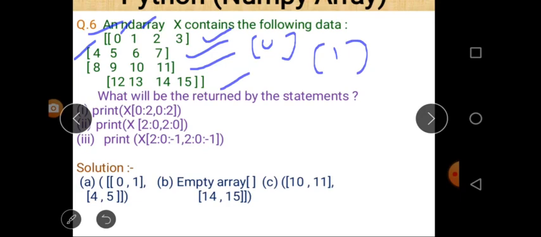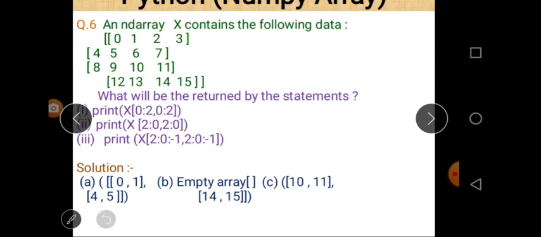Part number 2: print x, where x is the name of the array, 2 colon 0 comma 2 colon 0. Basically the slice will start from row number third and column number third.